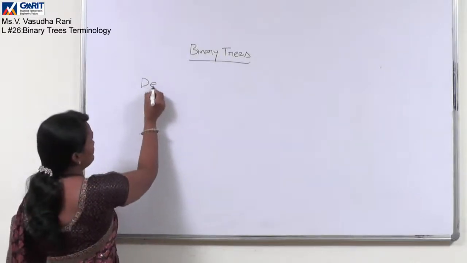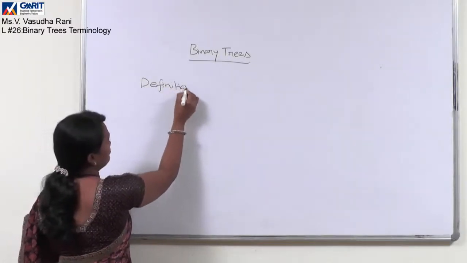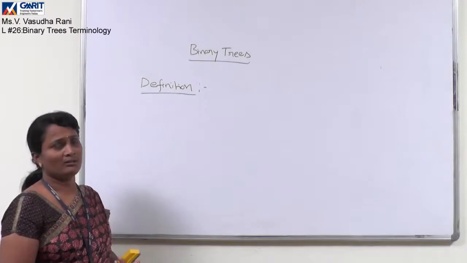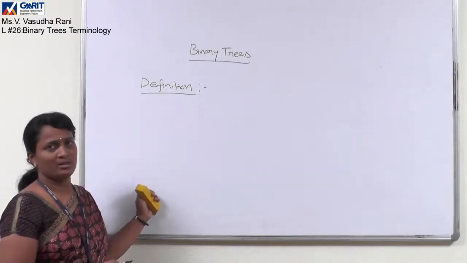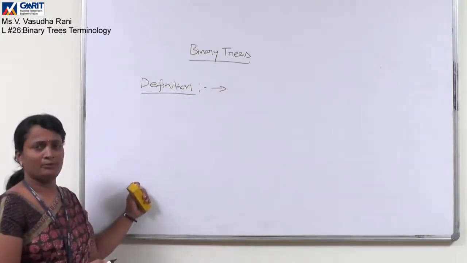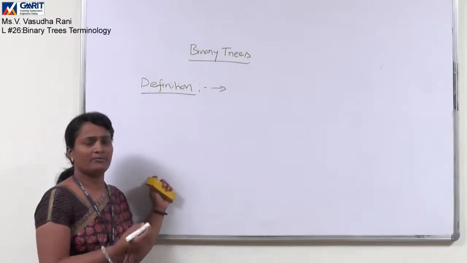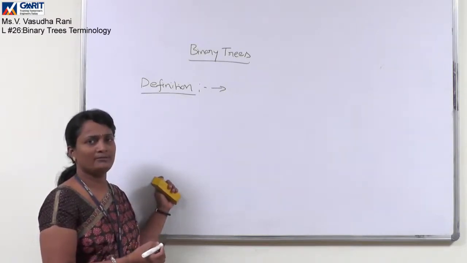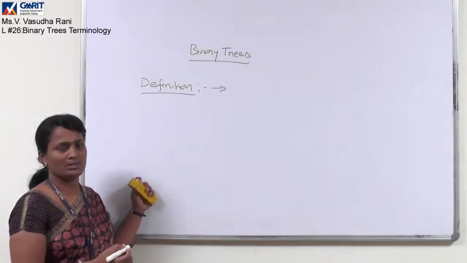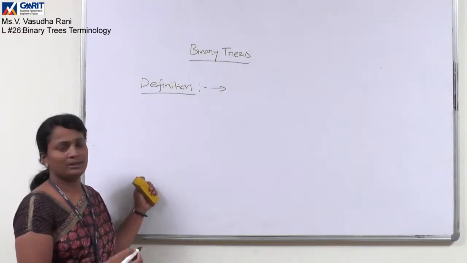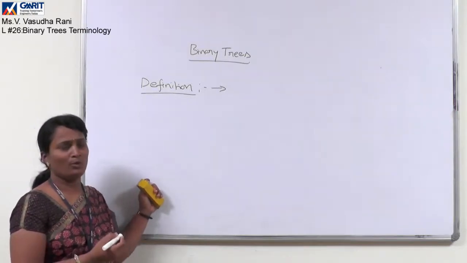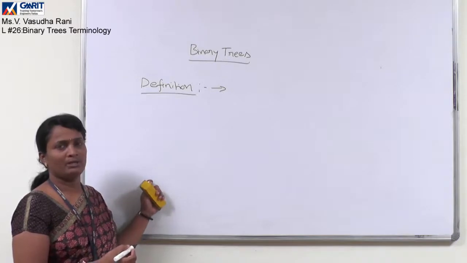So, definition. Let us consider the definition of a tree, which will have a set of nodes and a set of edges. From that, a binary tree is a tree with a set of nodes, wherein every node can have 0 to 2 edges, at the max. In other terms, we can define it as a binary tree with a set of nodes, in which one node will act as the root node, and it will have